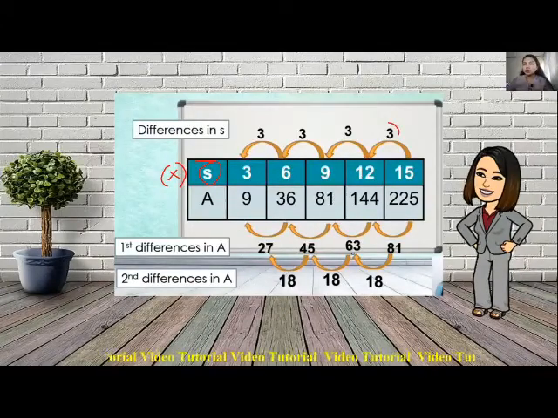12 minus 9, 3. 9 minus 6, 3 also. And 6 minus 3, 3. So the first differences in X will be the same. For the differences on Y, the dependent variable, these are the values of Y,